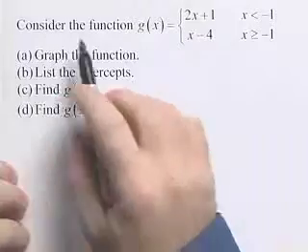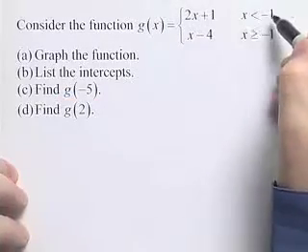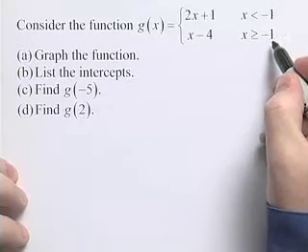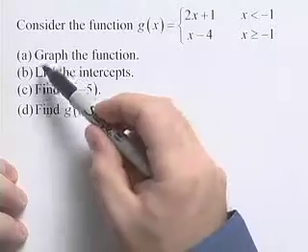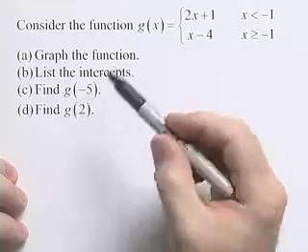For this problem, we're going to examine a piecewise defined function. Here we need to consider the function g of x equals 2x plus 1 for x less than negative 1 and x minus 4 for x greater than or equal to negative 1. We want to, in part A, graph the function, in part B, list the intercepts of the function, and then